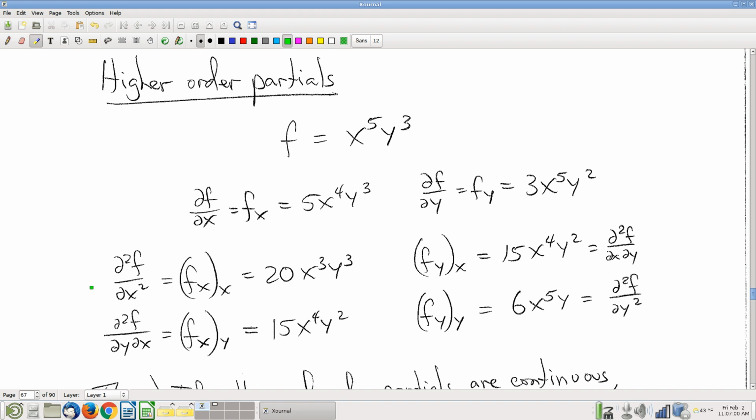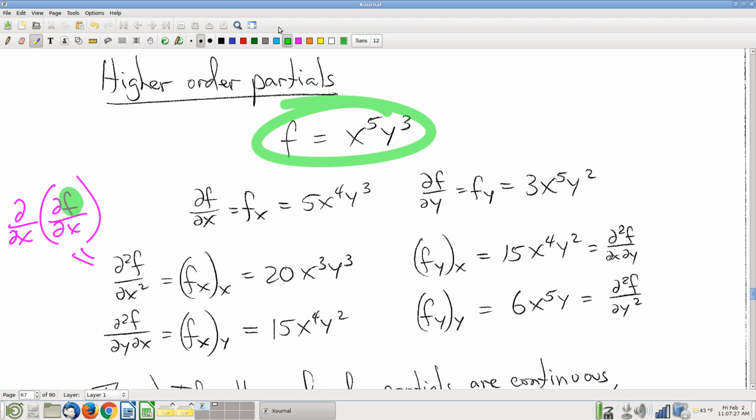Okay. All right. So you can take the x partial of the x partial of your original function. One other way that you might choose to write that would be as the partial with respect to x of the partial of f with respect to x. And so you can see here we start with f, and then I'm doing an x partial of it, and then I'm doing an x partial of that. Right? So, okay, well, with that in mind,